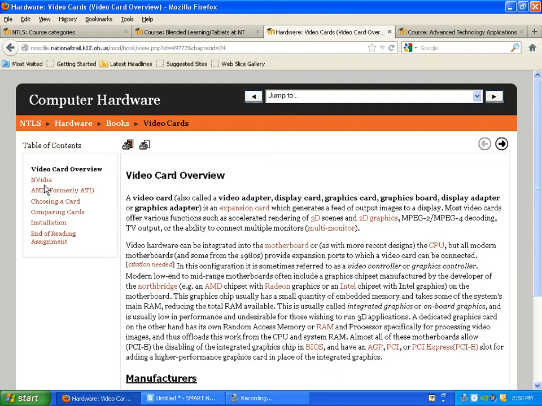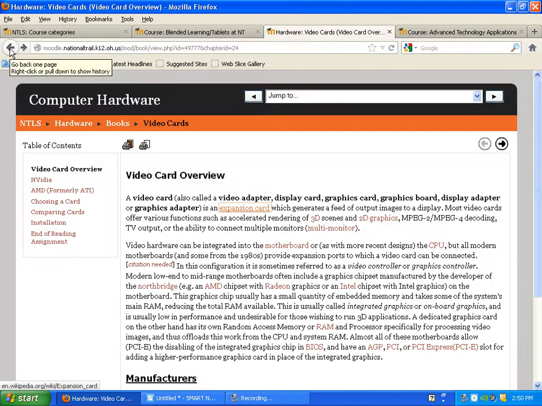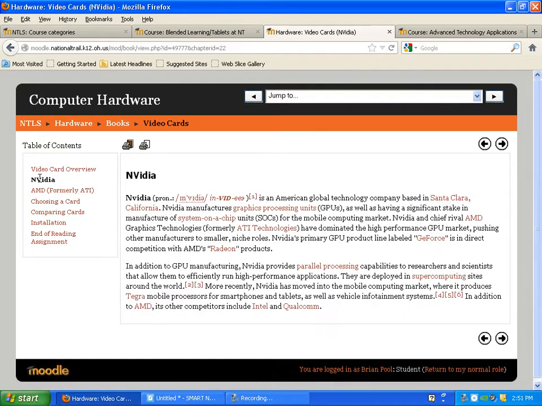Okay, so I took Wikipedia, and I left the links in there, so if the kids say, I don't know what an expansion card is, it's going to take them to the Wikipedia section. But I did edit it to take out stuff I didn't want them to read, any extra stuff. So I copy and pasted it in here, and then the same thing, I talk about the two major manufacturers,